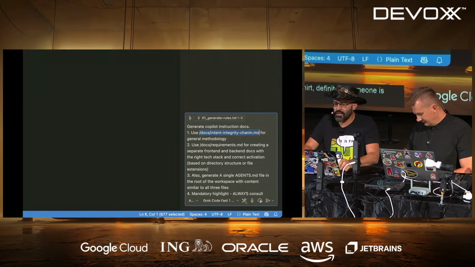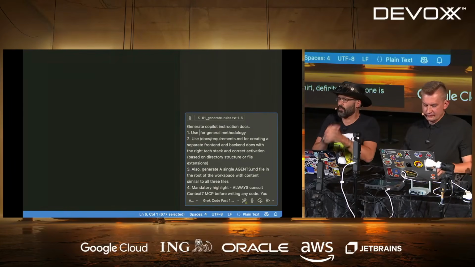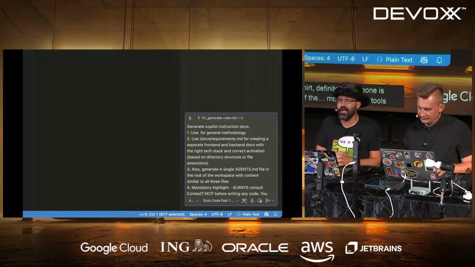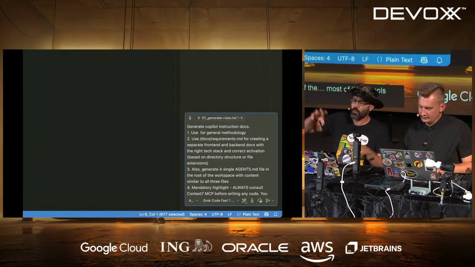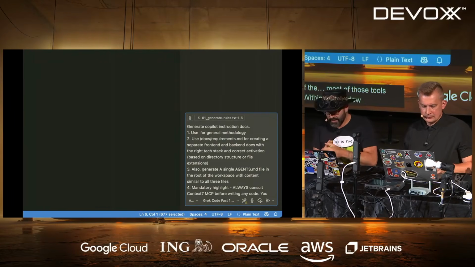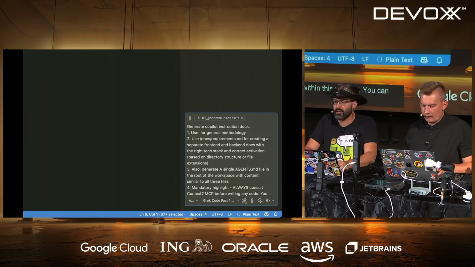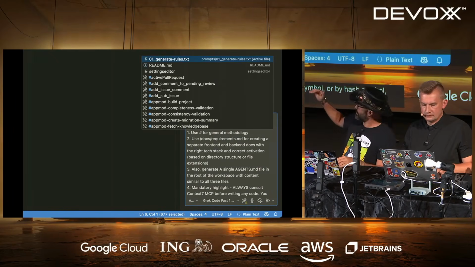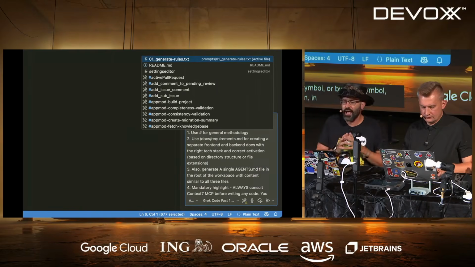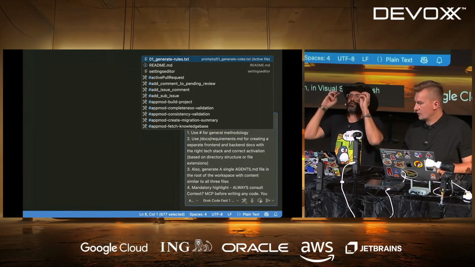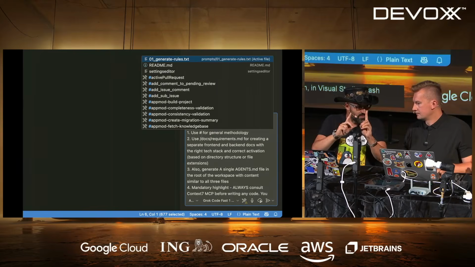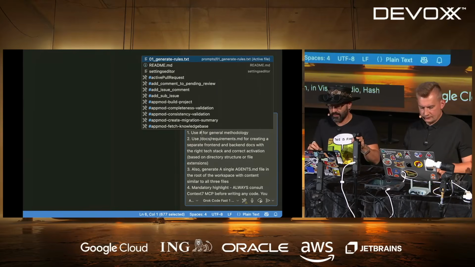All right. So most of those tools and IDEs have integration with different stuff within this window. You can activate this integration either by @ symbol or by hash symbol, and they sometimes do different things. So in Visual Studio, hash means context. It can be a file.